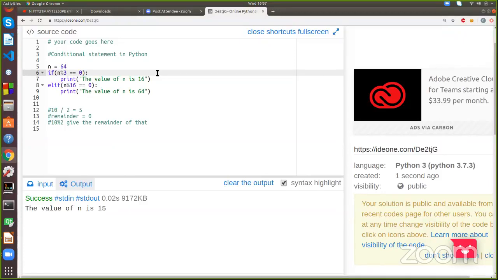6. Why? How are you guys getting the output as 6? I'm not sure how you are getting the output as 6, because I'm not printing any value. I'm printing just a statement. Yeah, write down the complete print statement, please. Whether the print statement in line 7 or the print statement in line 9 will get printed. Okay, 64. Okay, 64. I got a few correct answers now. I mean, a lot of students are now adding the correct answer.